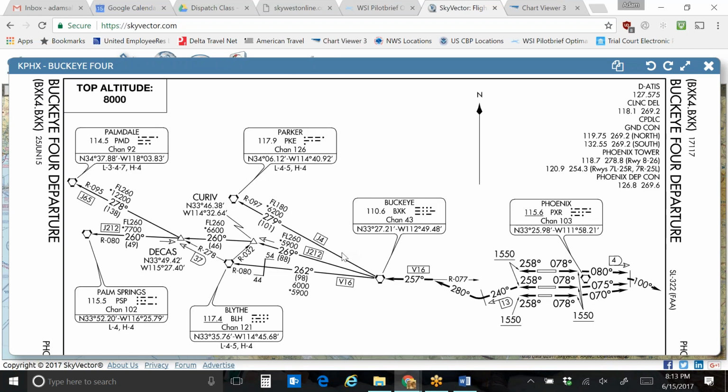You can go north up towards the Parker VOR. You can take kind of more the central route that goes out over to the Palm Springs VOR, or you can stay on the southern route towards the Blythe VOR. Now, when you look at all of these different options here, each one of these, if you see